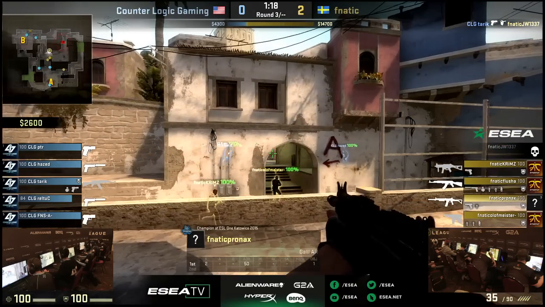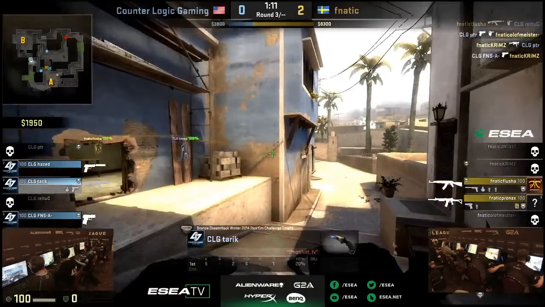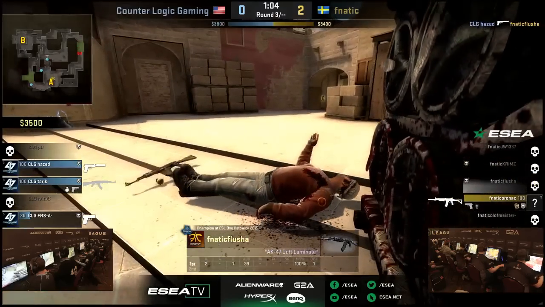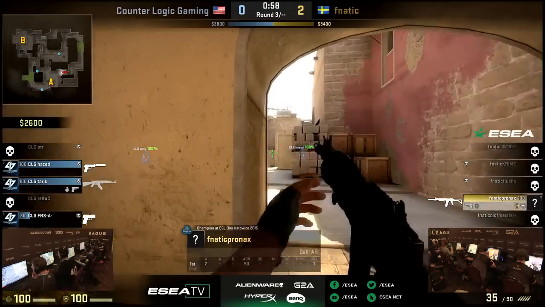Tarek, though, going to find first blood this round. JW down and out. There's the trade as Flusha finds one. They're making their way up, and Olofmeister going to go down. Peter with a nice headshot. FNS with one as well, and now we're down to a 2 versus 3. An AK-47 has been salvaged by Tarek over here, and Hazed with the silent USP is going to go into one. So a brilliant eco round from the CT side of CLG thus far, leaving just Pronax in a 1